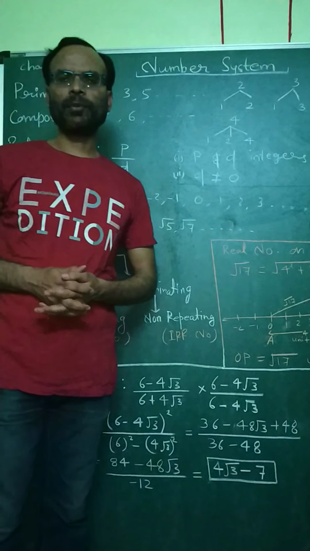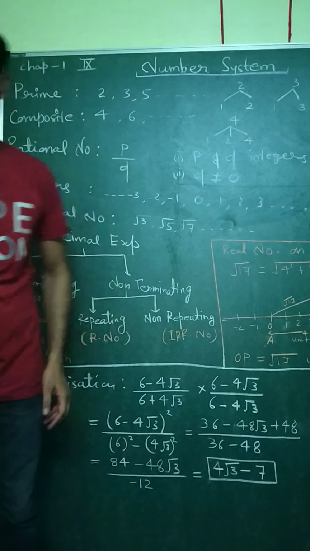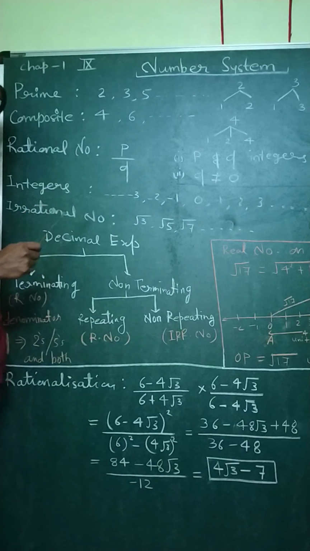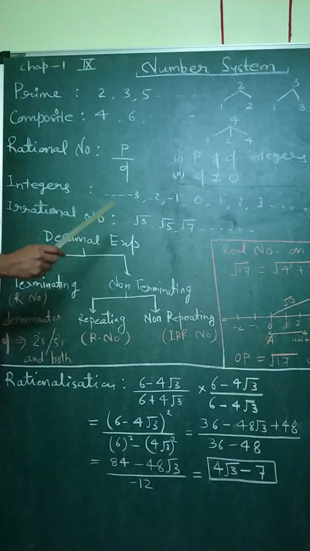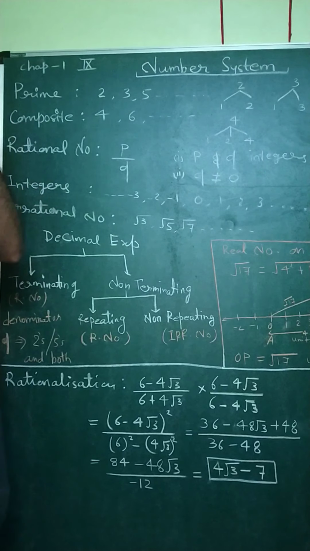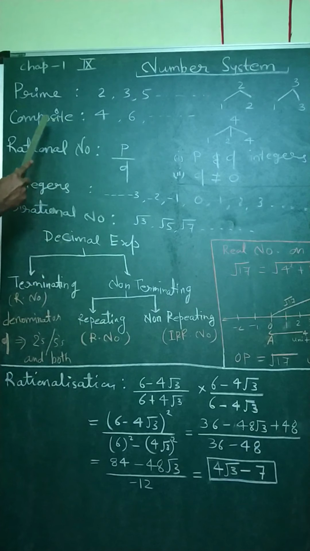Here in this chapter we have to cover certain topics and subtopics. First of all, you have to recall all the numbers which you have studied from 6th class. Now, some more numbers are very relevant particularly in this topic. So first of all, just think about the prime number.